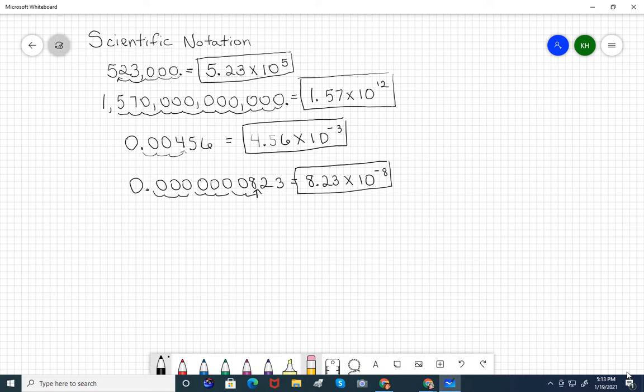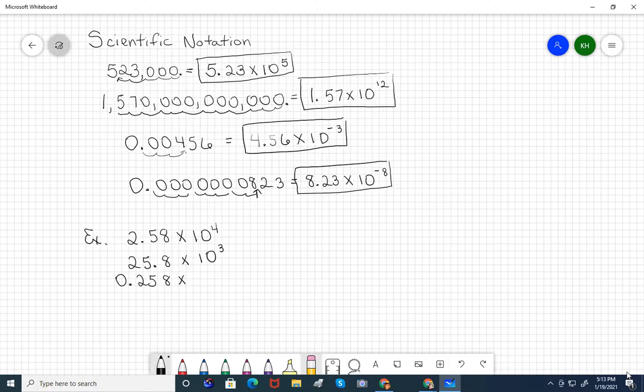For example, just to make up an example, we can have the number 2.58 times 10 to the fourth. But you could also have 25.8 times 10 to the third, or